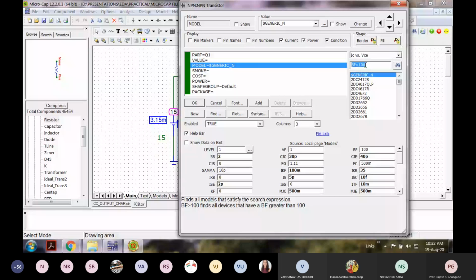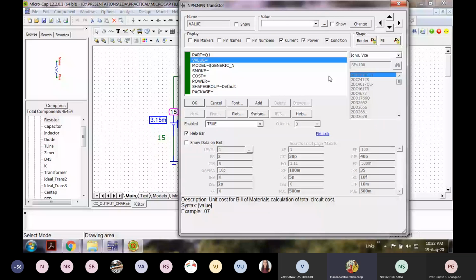Let me see if I can select a different one, because I have selected the generic transistor.